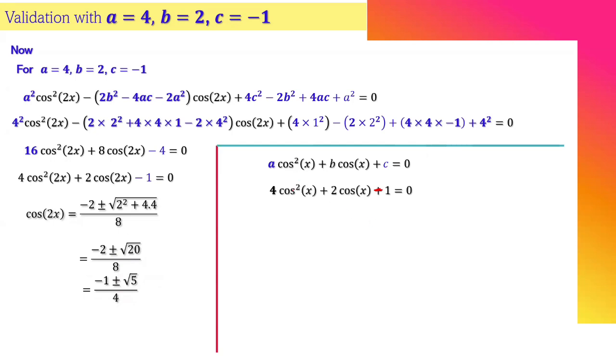If we take this minus 1, we will get it. You will see that it is the same equation, only this one is for cosine 2x and this is for cosine x. So therefore, both will have the same roots. That was the question. So we have validated our new equation with particular values of A, B, and C. Let's complete the